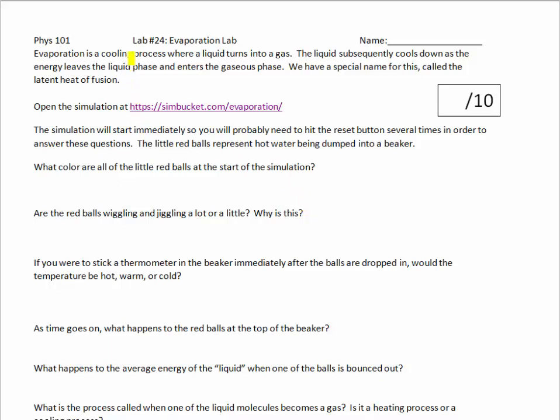Okay, this is the introduction for lab number 24. It's about evaporation. And something we know about evaporation is if I had, say, a beaker of water, and this is going to be my liquid water, and this is going to be my gaseous water vapor, that when I